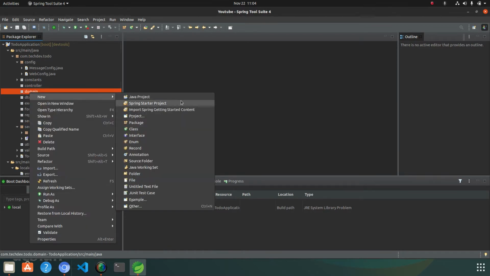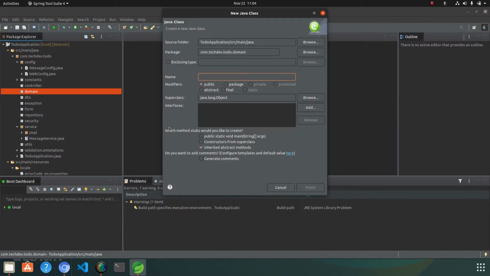It is the same. So let's create the entity called ToDo task, because a to-do application is where a user will be able to create a task, the admin user and the other users can view the tasks, that is, what their tasks are. And we will create one more entity, because the task will be related to skills. So in this video, we will create 3 entities: one will be the user entity, one will be the task entity, and one will be the skill entity to manage the user, the task, and the skills.